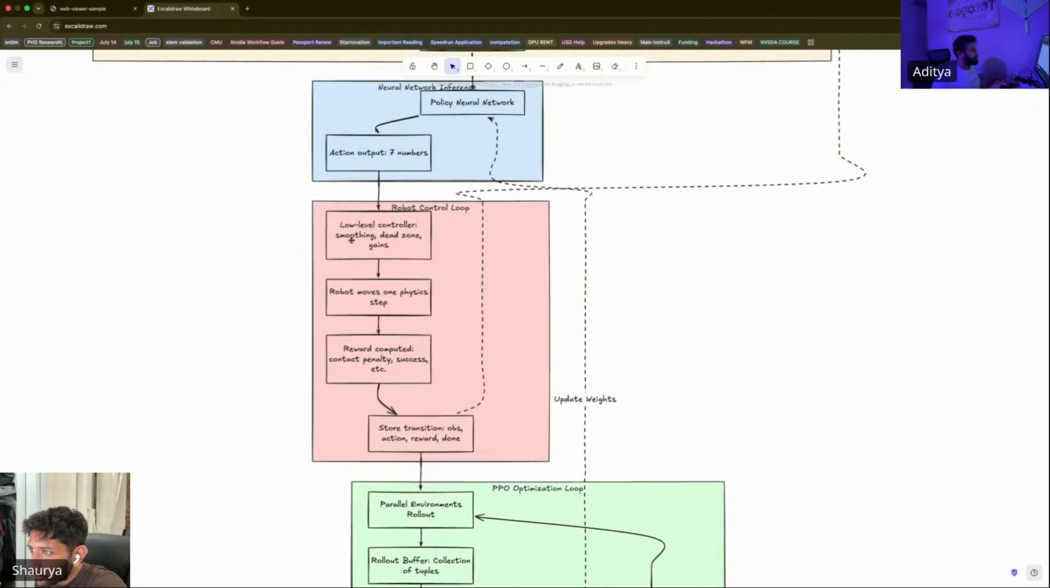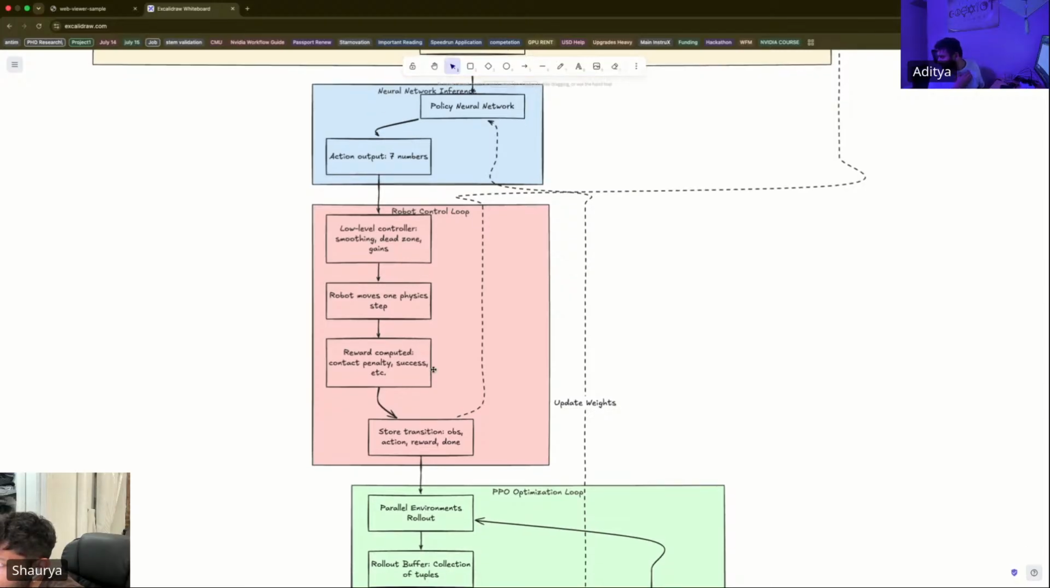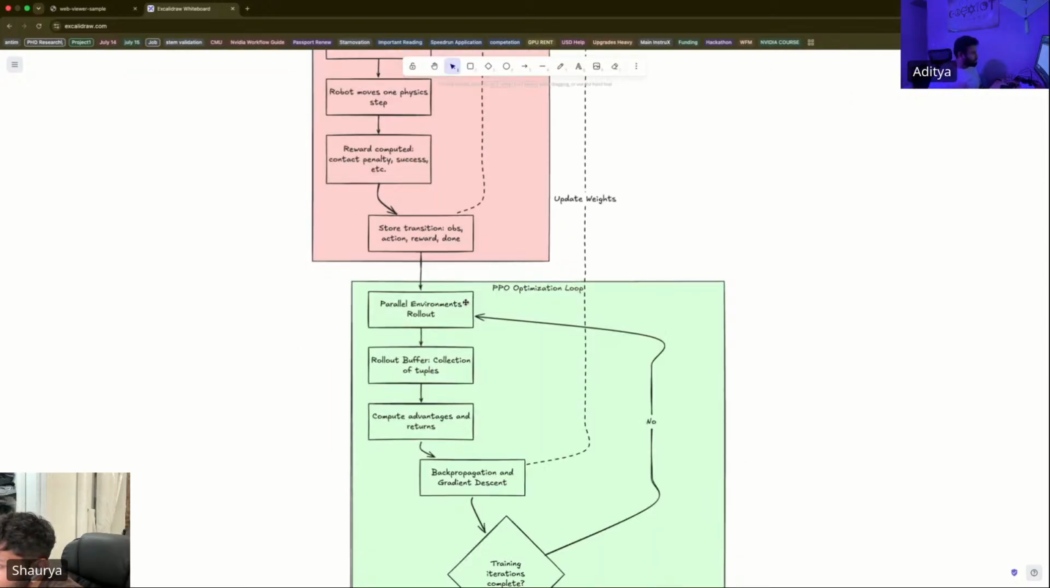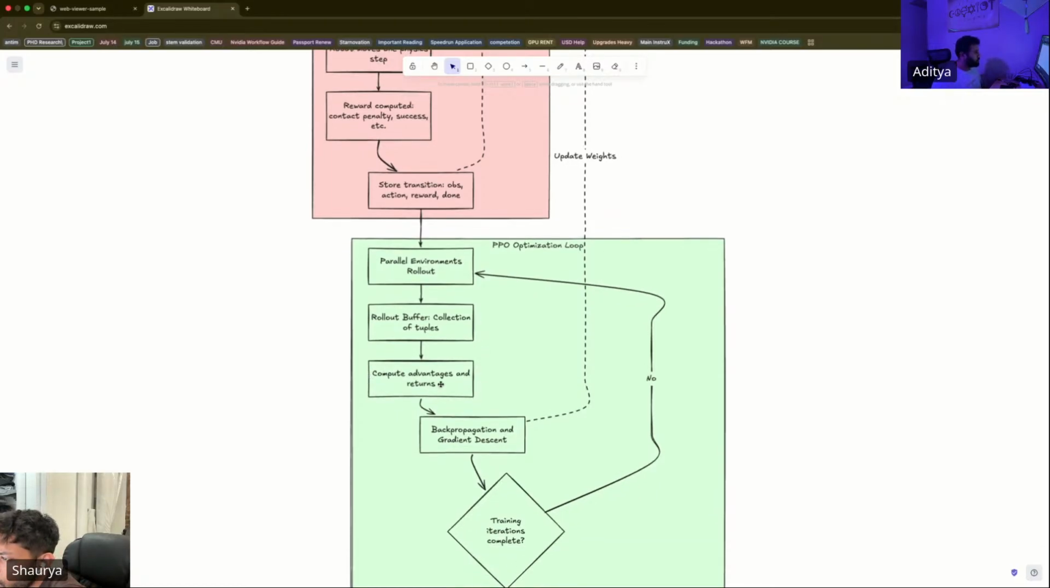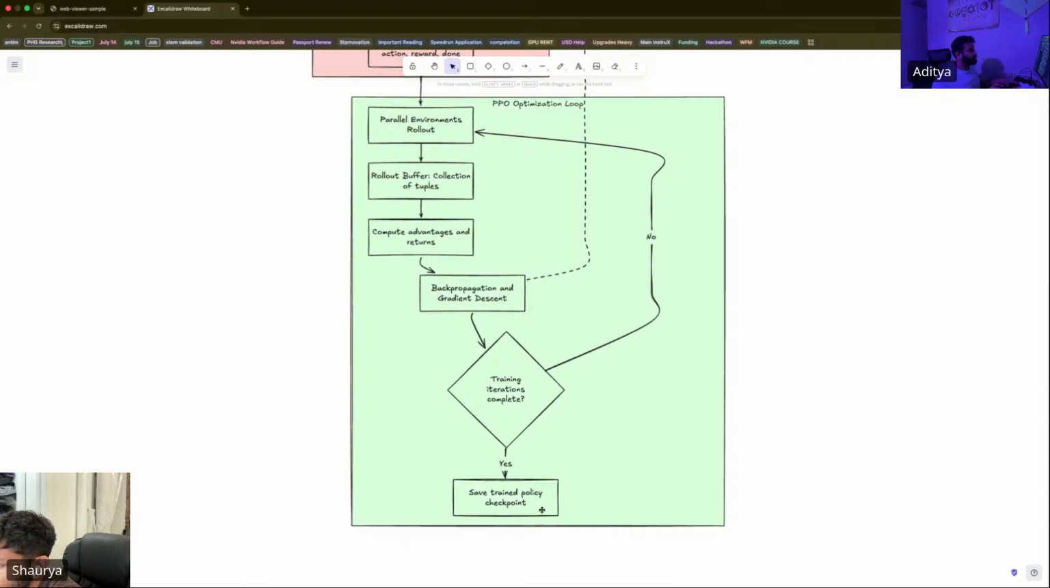Low level controller, smoothing, dead zone, reward moves, one physics tick, reward computed, contact penalty, success, etc. Store transition, observation, action, reward, done, robot control loop, PPO optimization loop, parallel environments rollout, rollout buffer collection of tuples, compute advantages and return, backpropagation and gradient descent, training iterations complete, save trained policy checkpoint, and then